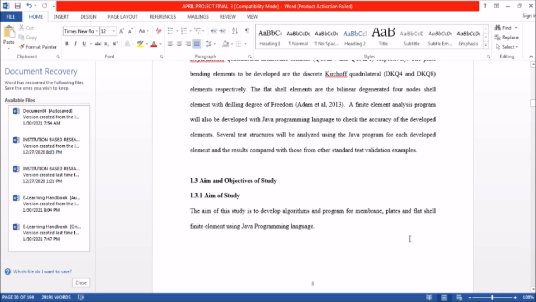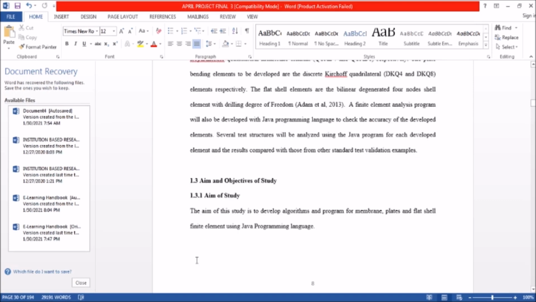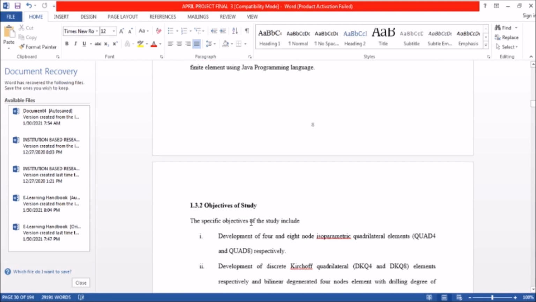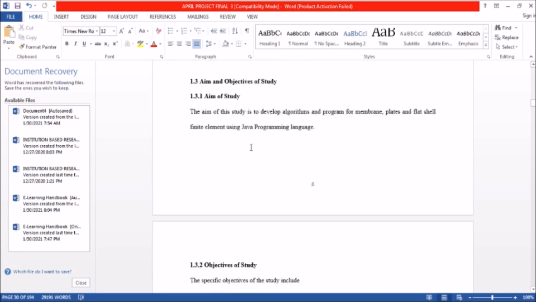Because what you always have is a general aim or general goal known as the aim, and the objectives cannot be one, because you will use different approaches, or you will adopt a series of steps towards actualizing that goal. So you can see, like here we have objectives, like the specific objectives of this study include